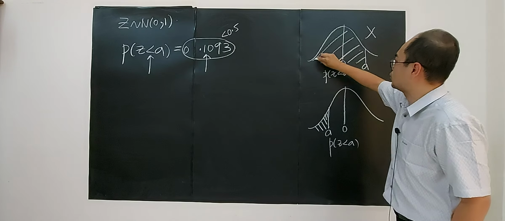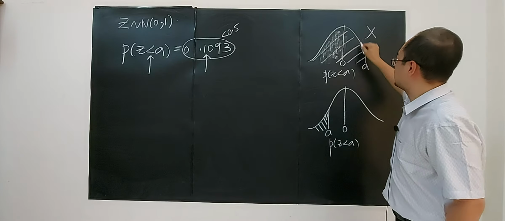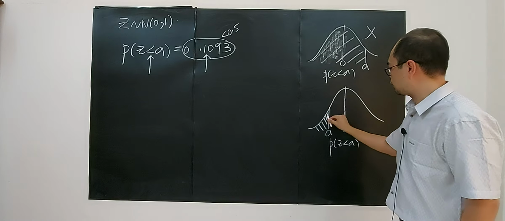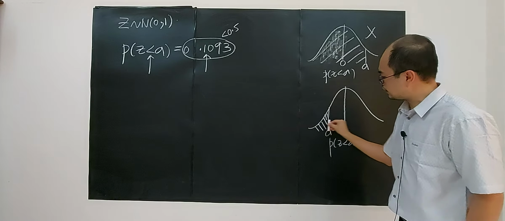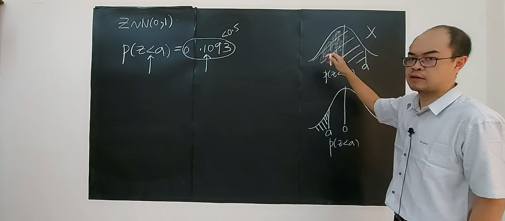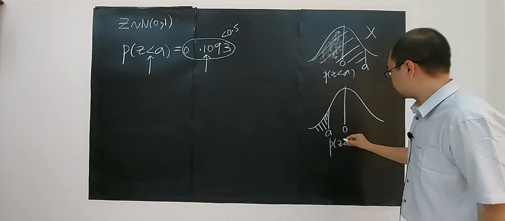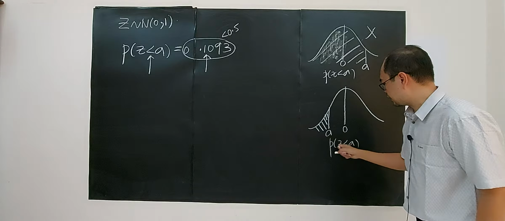This is 0.5, right? It's already more than. Impossible, right? So this is less than 0.5. And less than means on this area, right? This is also less than, but more than 0.5, can't be. So then it's this one. So I clearly know that Z less than A is this case here.